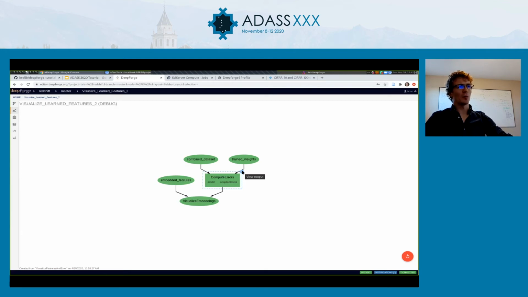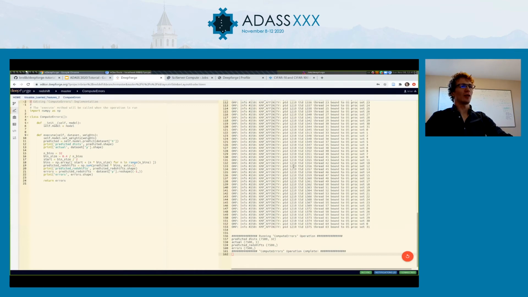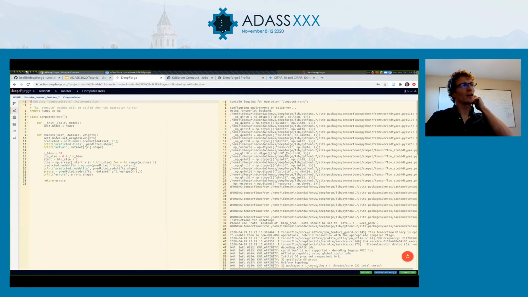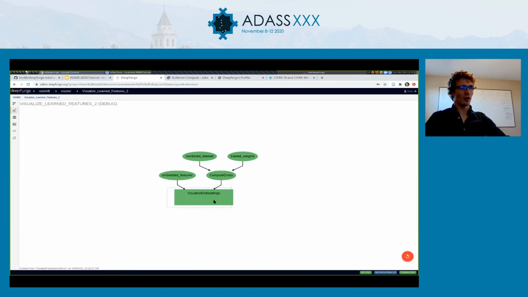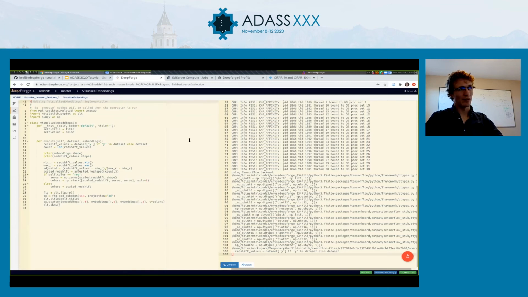We have this view output option. Now, when we select this, we can see things like the logs on the right here. In this case, this one was actually run in debug mode, so it lets you see the code on the left. So you could edit the code and rerun just this job iteratively while you debug things. If we look at visualize embeddings, this whole pipeline is in debug mode,